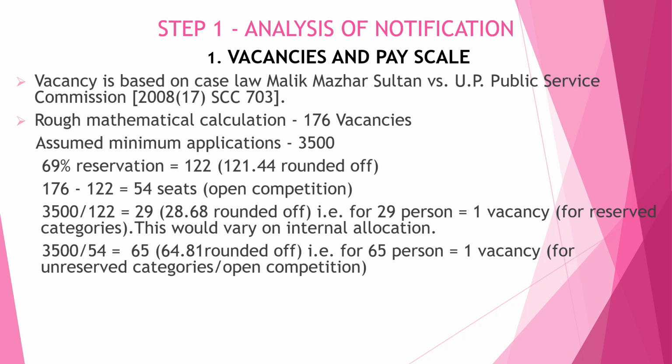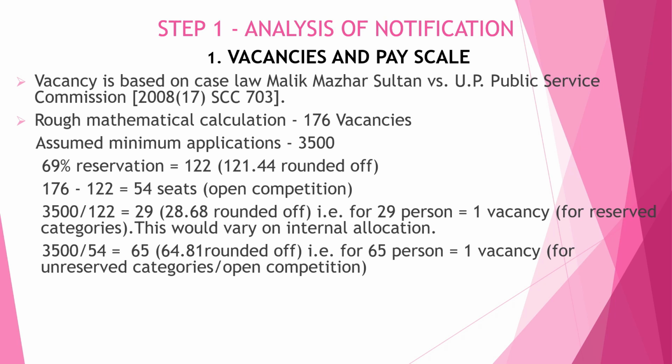Let us assume that the minimum number of applications is 3,500. It need not be 3,500. It could be 7,000, 8,000 or even 10,000. So you can calculate based on these criteria, which are approximate values. 69% is reservation. If 69% reservation is given, it amounts to 122 vacancies. So if these 122 vacancies are deducted from the 176 vacancies, you are left with 54 seats, which are open